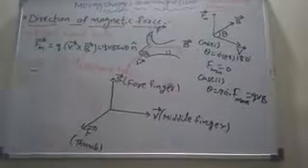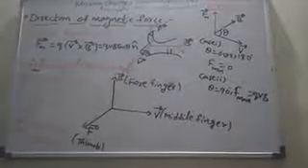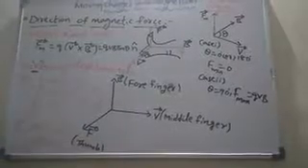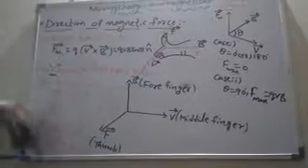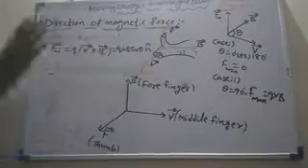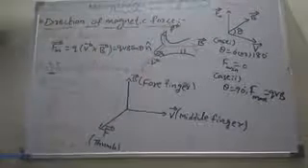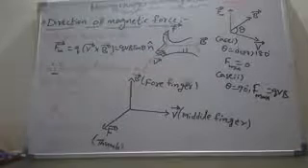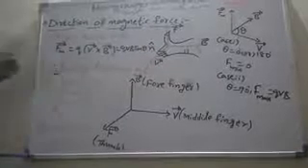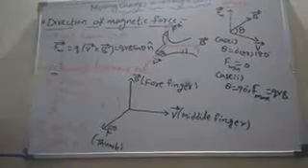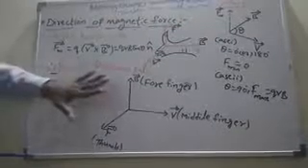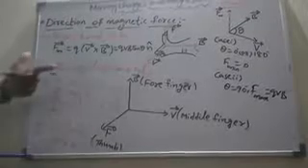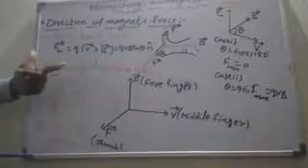Right, one more example I'll give you. Let us consider the x-axis, y-axis, and z-axis. The charged particle is moving along the x-axis. The magnetic field is acting along the y-axis. Along which axis is the magnetic force acting? By using this rule, we can easily determine the direction of the magnetic force. Apply Fleming's left hand rule now: stretch the first three fingers of the left hand mutually perpendicular to each other.